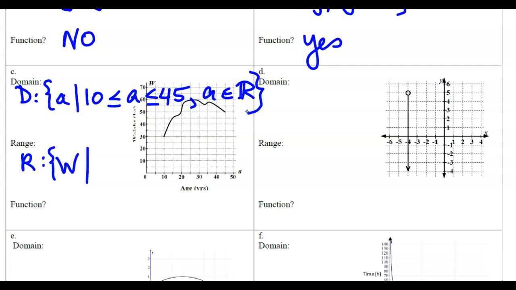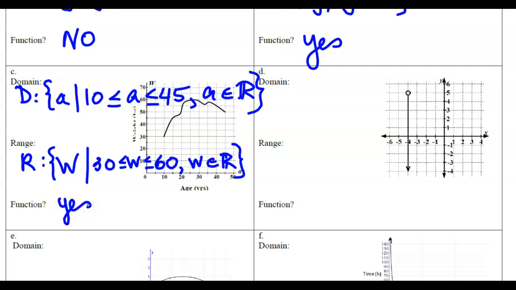So you look up here, the highest value. Basically, you can use your fingers if you need to, or your hands in this case, and squish it in. Where do you get? Well, you get from 30 to 60. So that's your inequality that you're going to have for this. So between 30 and 60, and this is for W. Fill in with your inequalities, W element of the set of reals. And that's a function,